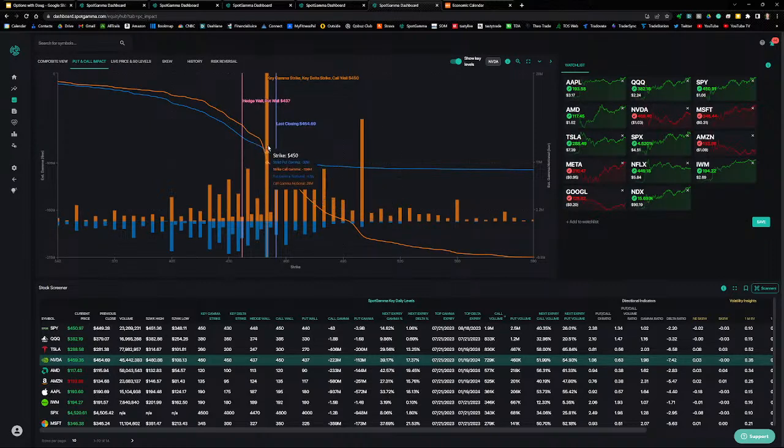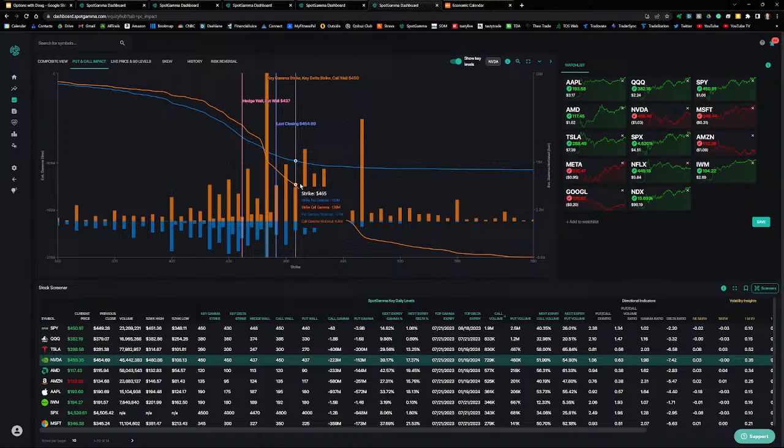So there's the 450 level, and as John noted, NVIDIA is trading up above this range. Those calls are in the money. There are also other calls, and we know that right now, and this will probably increase toward the end of the week, there's a lot of call gamma expiring at the end of the week. So when traders buy calls, market makers sell the calls. They have to buy stock to hedge their delta exposure.